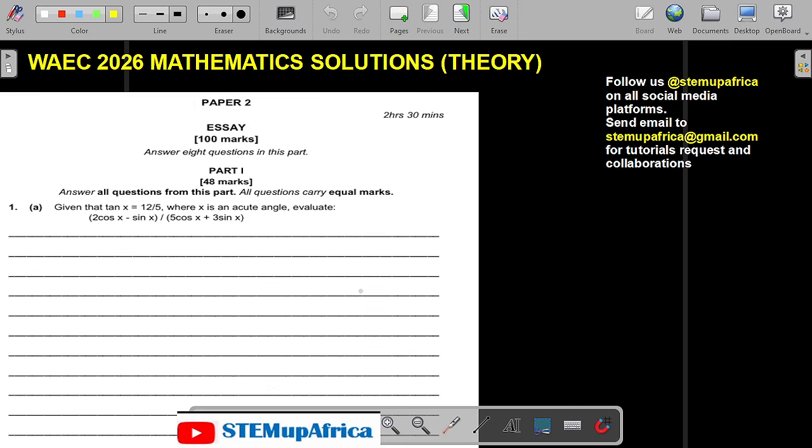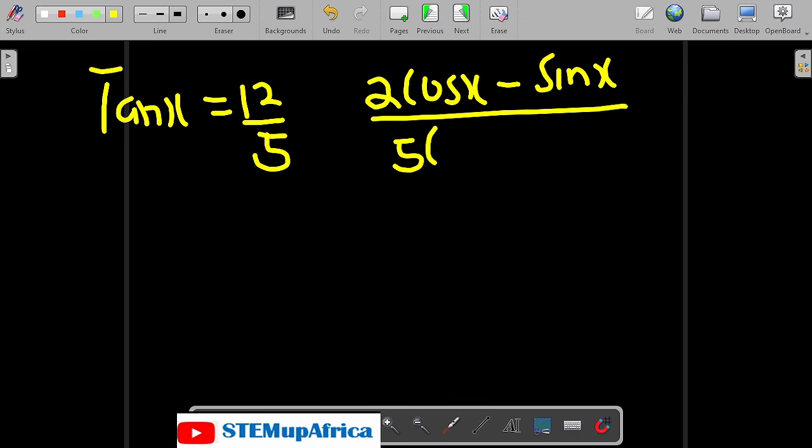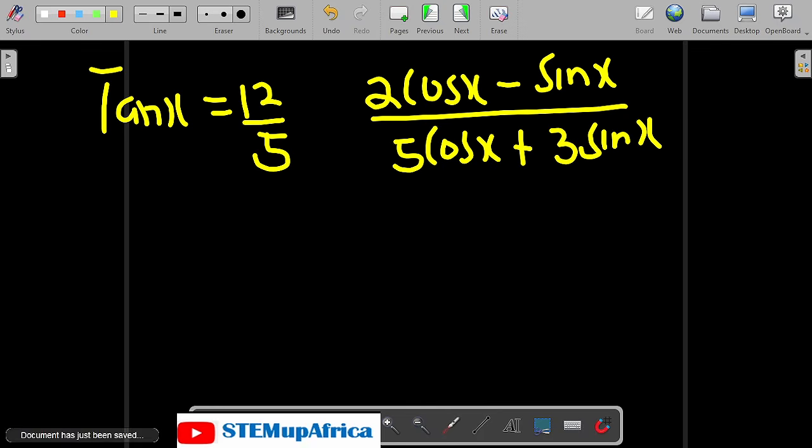So we are given tan x as 12/5, and we are asked to evaluate 2 cos x minus sin x over 5 cos x plus 3 sin x. We know that tan x